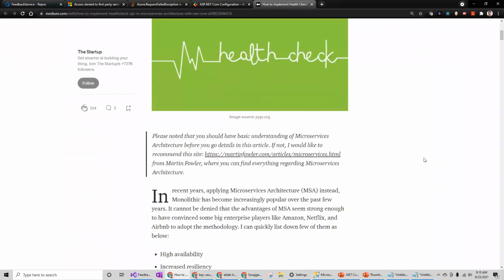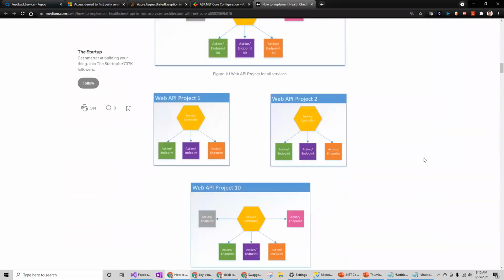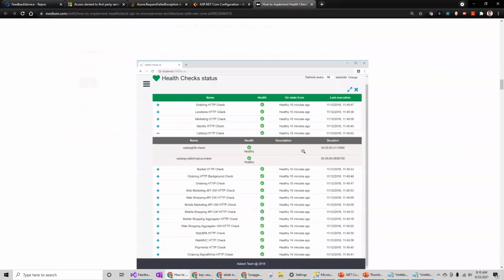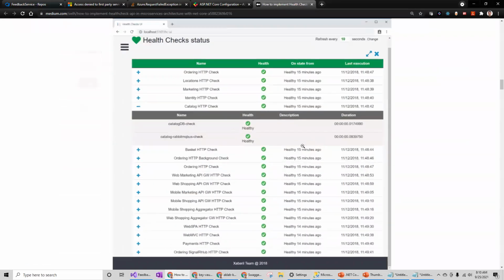So this is one of them I found useful to start. This is the UI look and feel. For your service URL, you can configure the URL the way you want. This is what I want to see every 15 minutes: my API connecting to the health check and checking all the endpoints, including the databases or the secrets, to see if everything is working as expected.